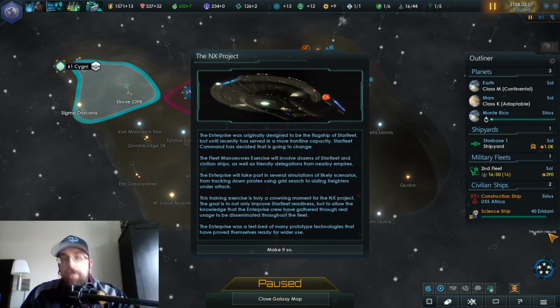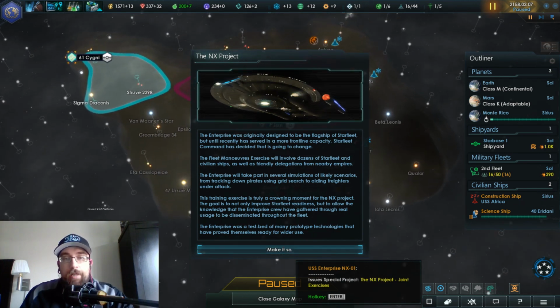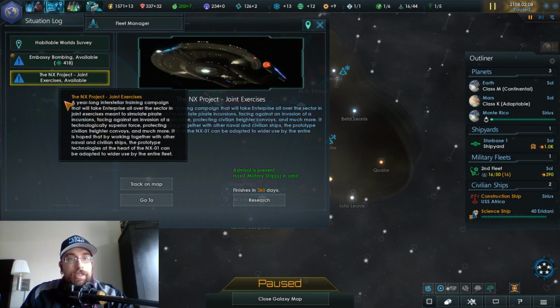The goal is not only to improve Starfleet readiness, but to allow knowledge that the Enterprise crew has gathered through real usage to be disseminated throughout the fleet. The Enterprise was a testbed for many prototype technologies that have proven themselves ready for wider use. Log updated. And that has actually unlocked another...